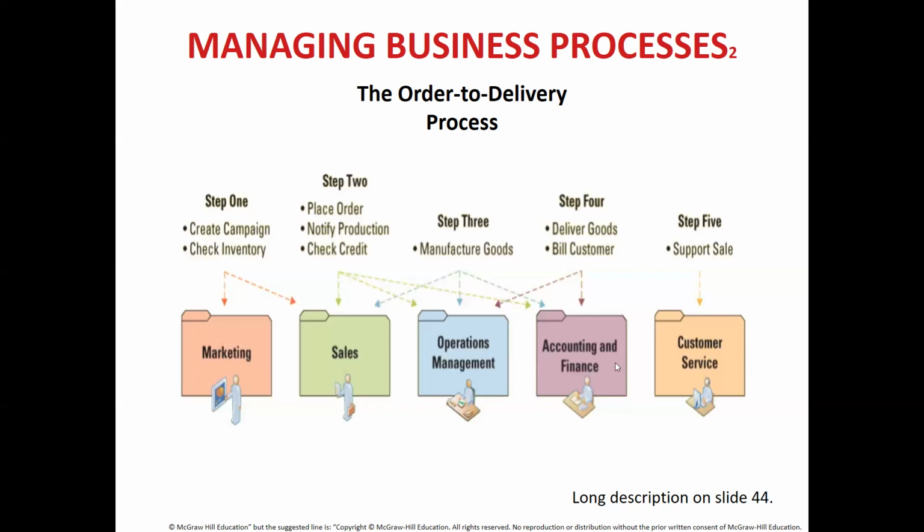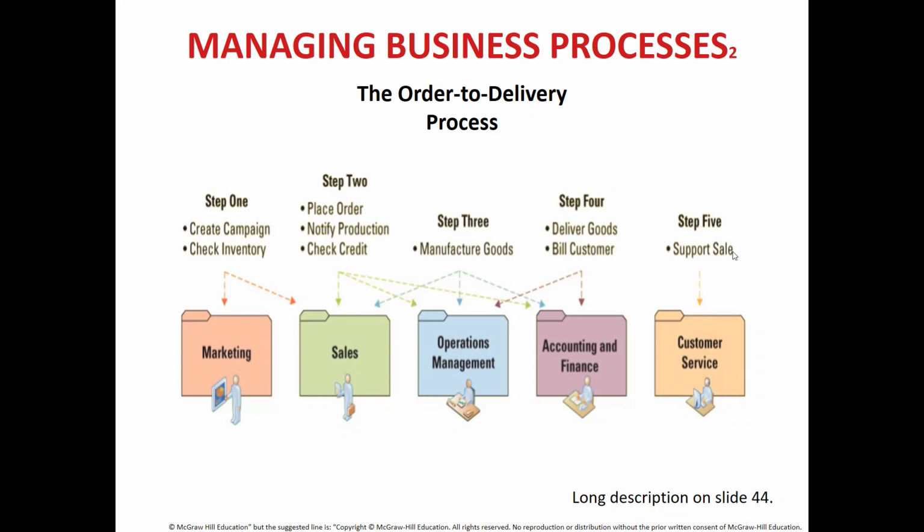And then you have accounting and finance. What they do is they get the delivery of goods. Now, deliver goods here does not mean they literally take the item and deliver it to the customers. That's the work of the sales team. Deliver goods here means they have a record of delivery of goods, which they label as a source document, and using the source document they bill customers, and they record and track their revenue and sales. And finally, you have support sale or the customer service department.